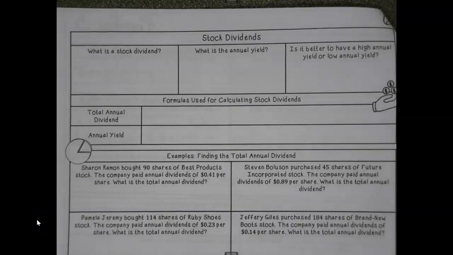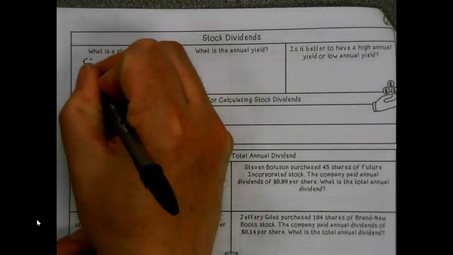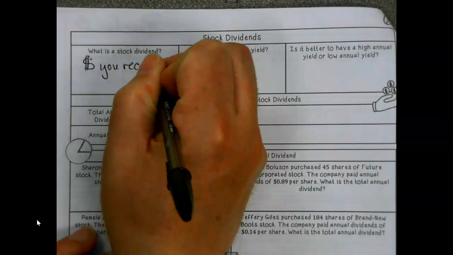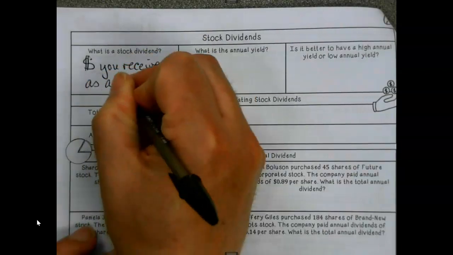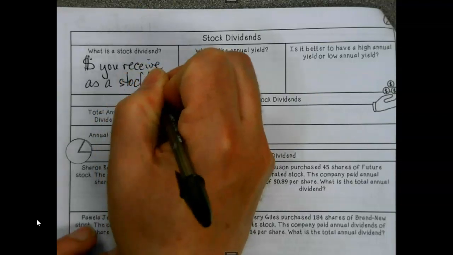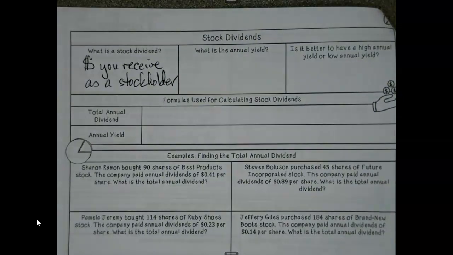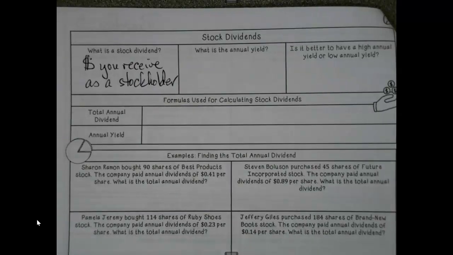We talked a little bit yesterday with the intro to stocks on dividend stuff. So again, a dividend is a way that a company kind of draws you in. It's just going to be money you receive as a stockholder. Now again, not every stock has a dividend. Some do, some don't. There's ways we can find that out ahead of time. But it's just a little extra bonus you can get depending. It's not just based on stock price.